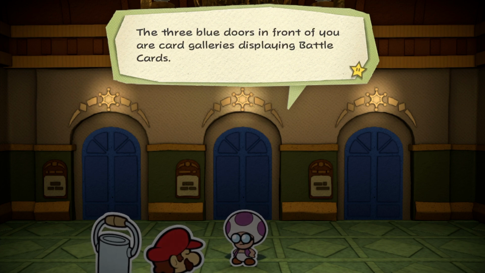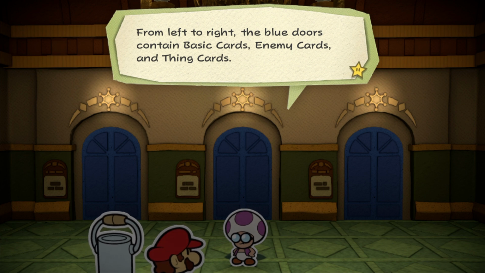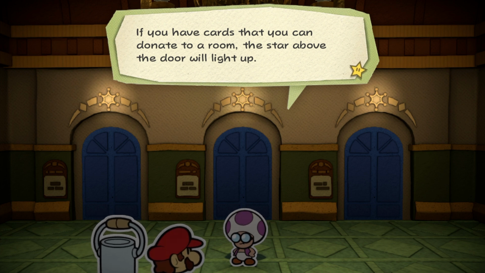The 3 blue doors in front of you are card galleries displaying battle cards. From left to right, the blue doors contain basic cards, enemy cards, and thing cards. If you have cards that you can donate to a room, the star, which looks a lot like a Shine Sprite but with fewer sides,